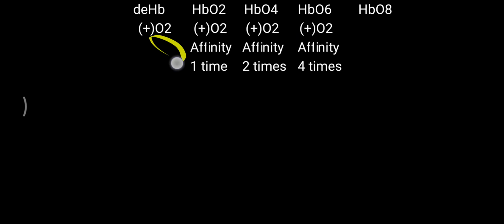So once 1 oxygen is attached, it will increase the affinity of hemoglobin towards oxygen. So when 2 molecules of oxygen are attached, the affinity is doubled. Further attachment of oxygen will increase the affinity, and this oxyhemoglobin is ultimately fully saturated and converted into the relaxed